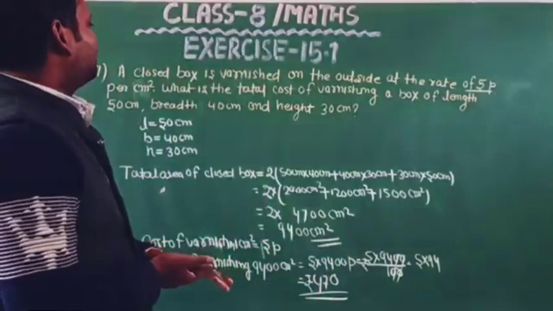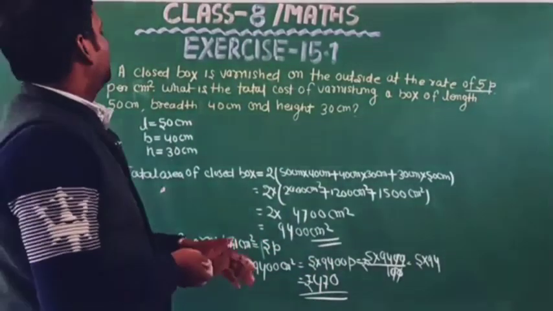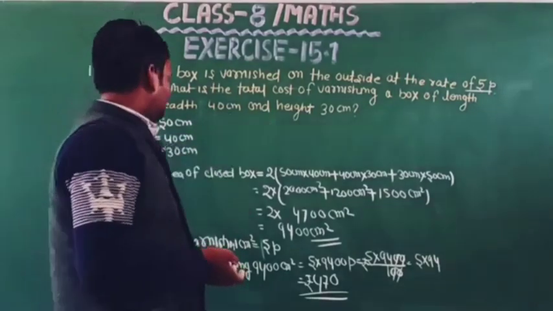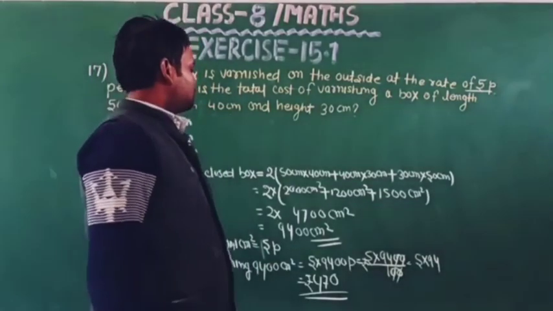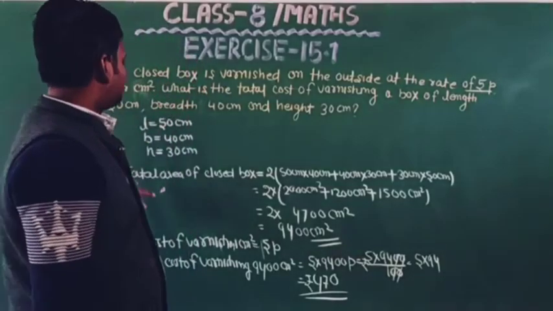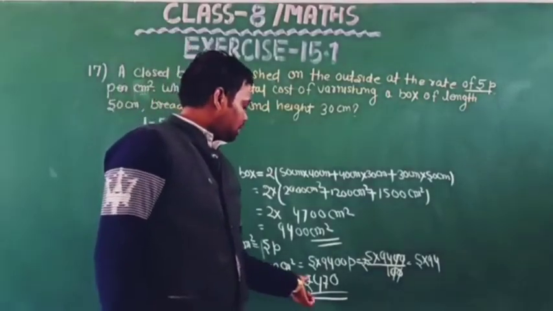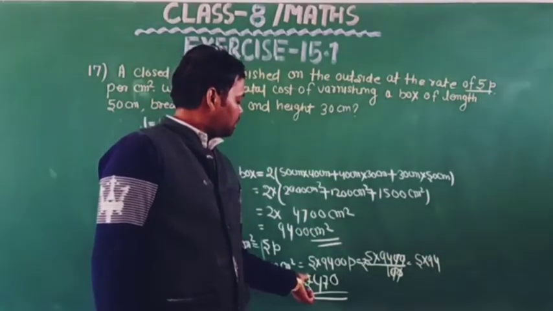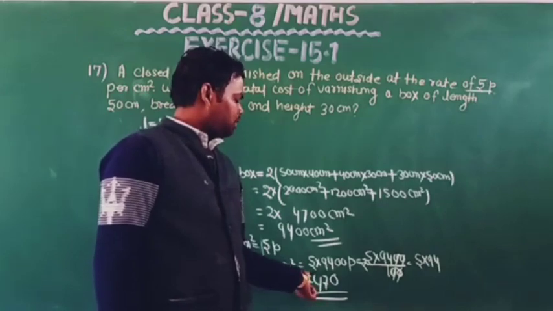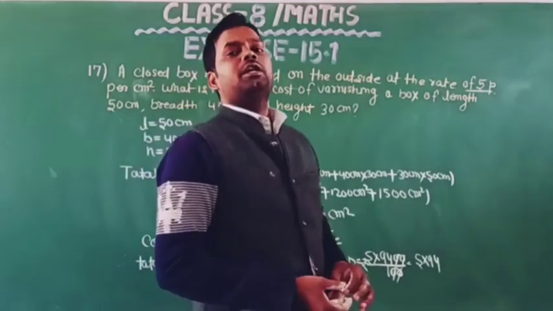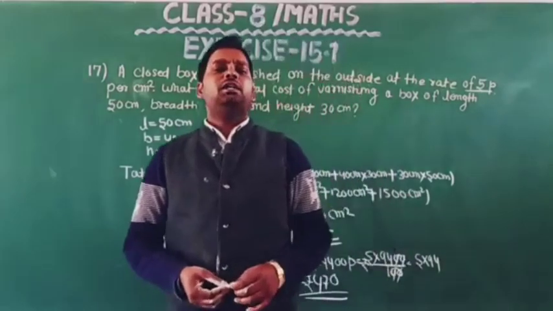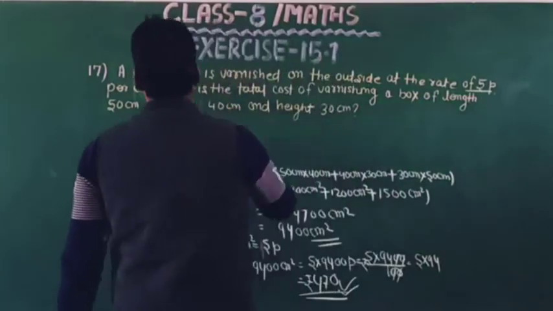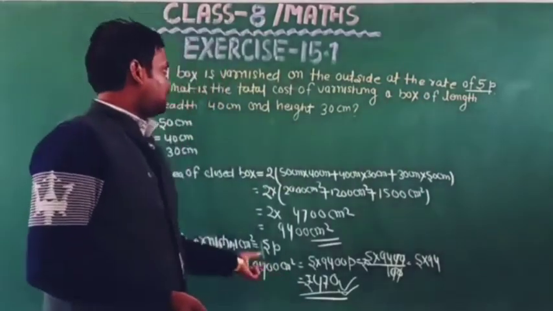The dimensions of the closed box are length 50 centimeter, breadth 40 centimeter, and height 30 centimeter. So this is the solution of this question. But the answer given in the book does not match this. The answer given in the book is incorrect. This is the correct answer of this question. So this is the required answer of question number